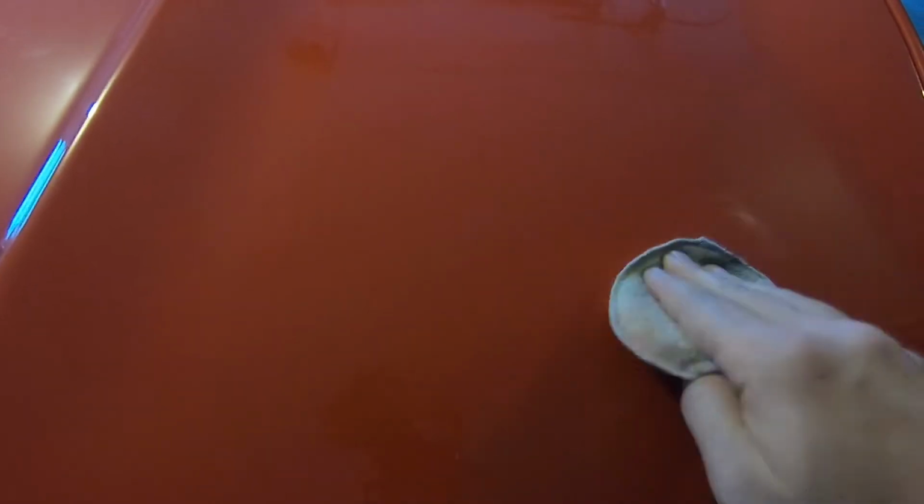The film is pretty soft, so if you just try to wash it with soap and water, these rubber marks don't want to come off so easily. So that's where I just kind of started using the wax right after I wash the car. I usually take a little wax and just hit all the little rubber marks, get them off. So yeah, you can see